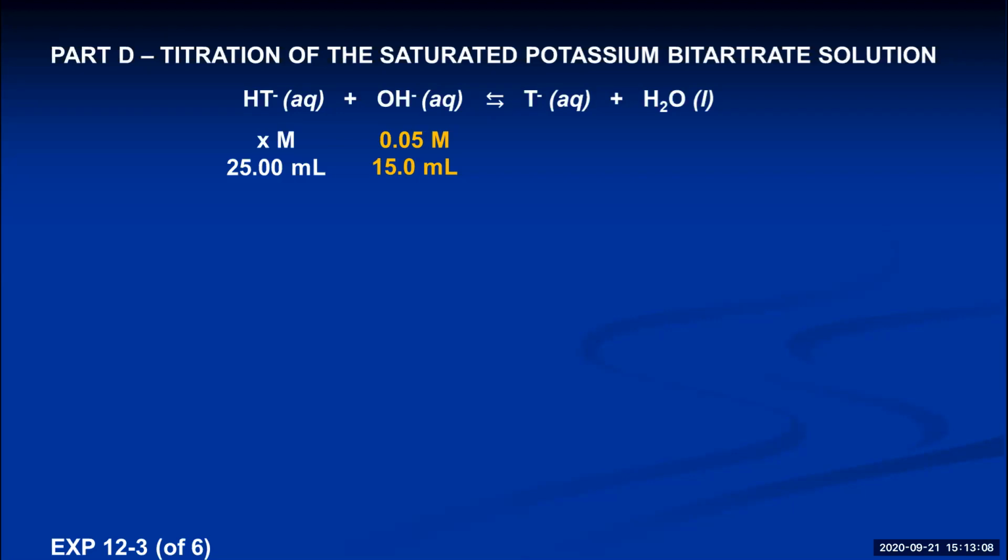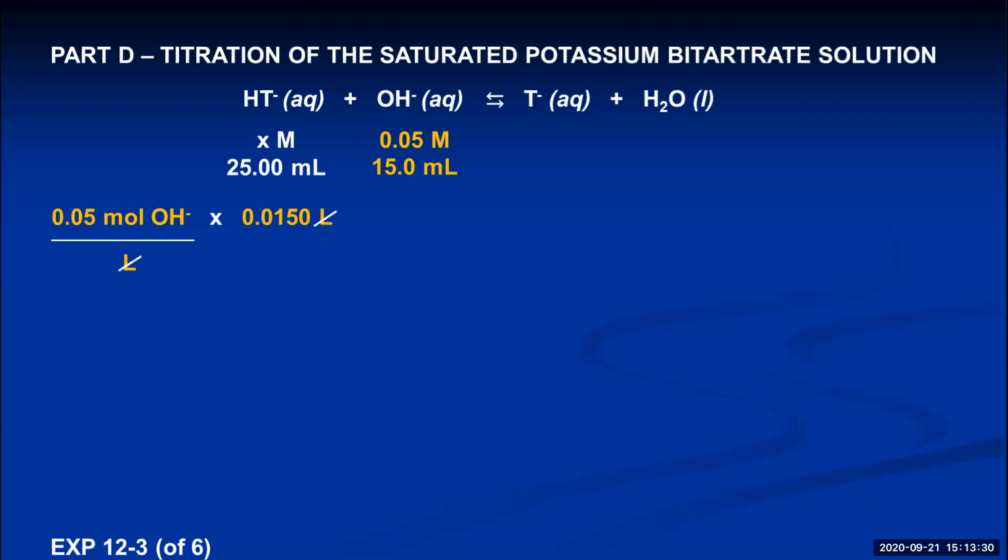This is a stoichiometric problem. You try to find some reactant or product that you can convert the measured data into moles, and that's the colored data here for the hydroxide. If I multiply molarity times volume, that's going to give me moles of the hydroxide that were titrated. So 0.05 moles of hydroxide per liter multiplied by 0.0150 liters is going to give me the number of moles